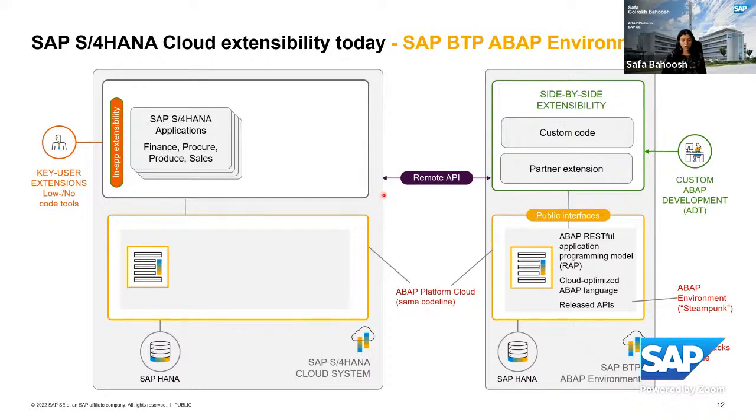As said, in BTP we offer RAP programming, and the cloud-optimized restricted ABAP language has also been introduced, as in the cloud the upgrades and updates are done by SAP. Within the last 4 years, we received lots of feedback from customers and partners mentioning which scope is still needed in addition, and we have introduced them in the meantime. So we have enlarged the scopes of these released APIs, which makes them usable for any size of use cases. The underlying platform for this is SAP HANA, as it is for S/4HANA as well,